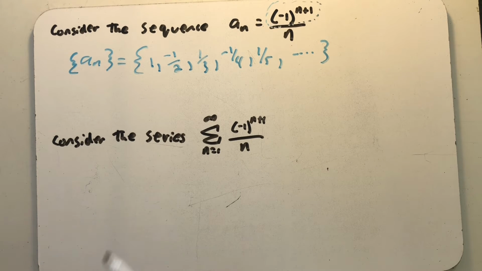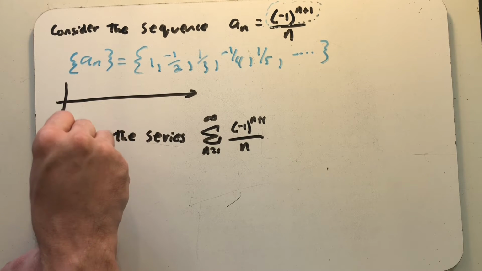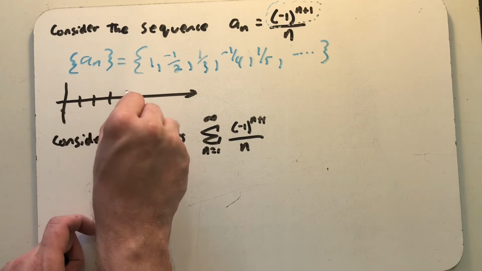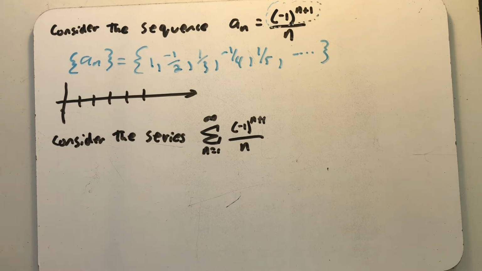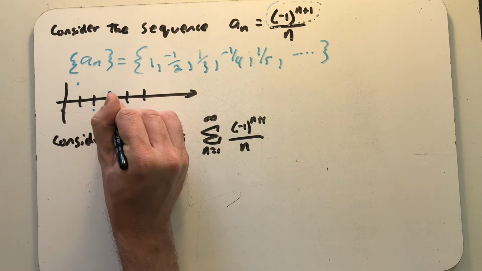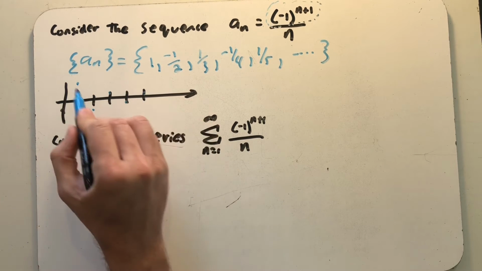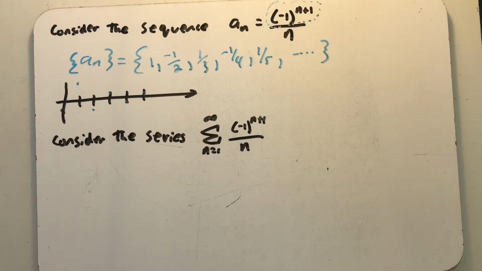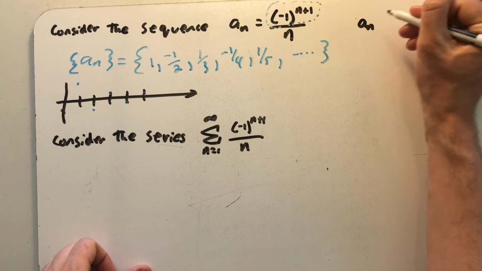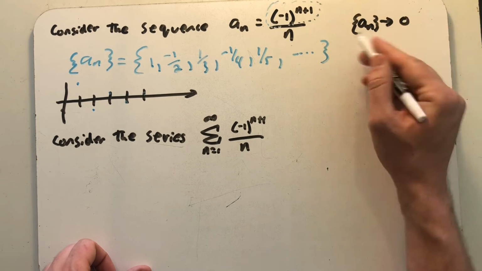And I could even think about those on a graph, this list of numbers. I got a 1 and then a minus 1/2. And I'd think about something like this, and just from having plotted these points, I can tell what's going on. It looks like I'm converging to 0. So I could write here that this sequence appears to go to 0 as n goes to infinity,